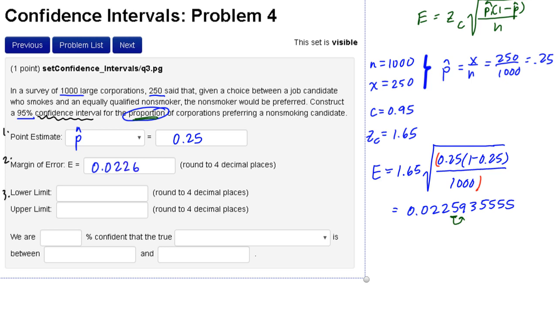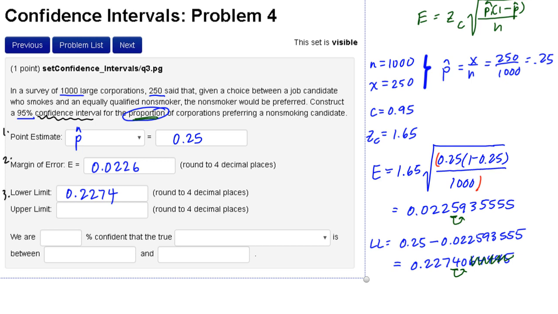0.0226. Now, just because that's what I entered and was accepted, don't use that to cook up the limits. Use the actual value you found before. The lower limit is the point estimate, 0.25, minus this margin of error, all of it for accuracy. I got 0.22740644445. You may not have to write all of those down, but again, remember we want to go to the 4th decimal place, so at least maybe write down 5 decimal places so you can make the decision. I don't care what happens after the next place. We look only to the right. 0 is 0, doesn't do anything to the 4,